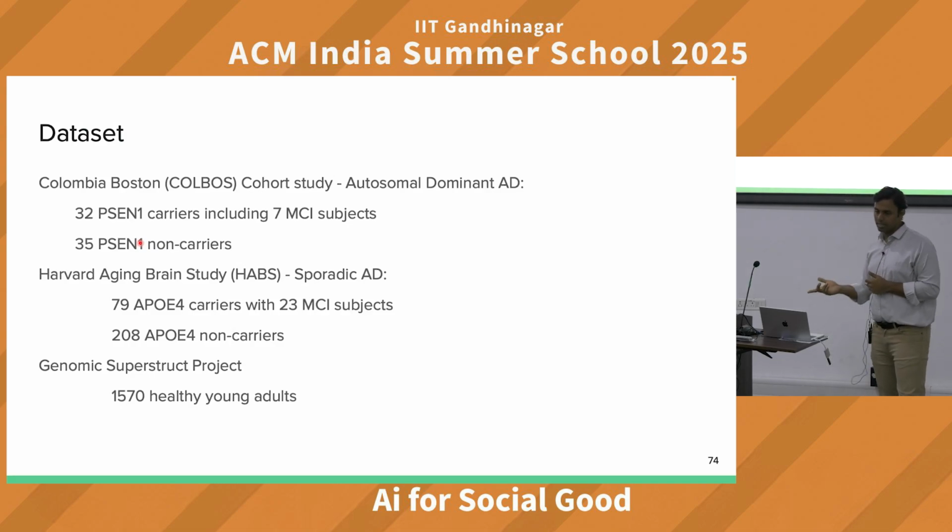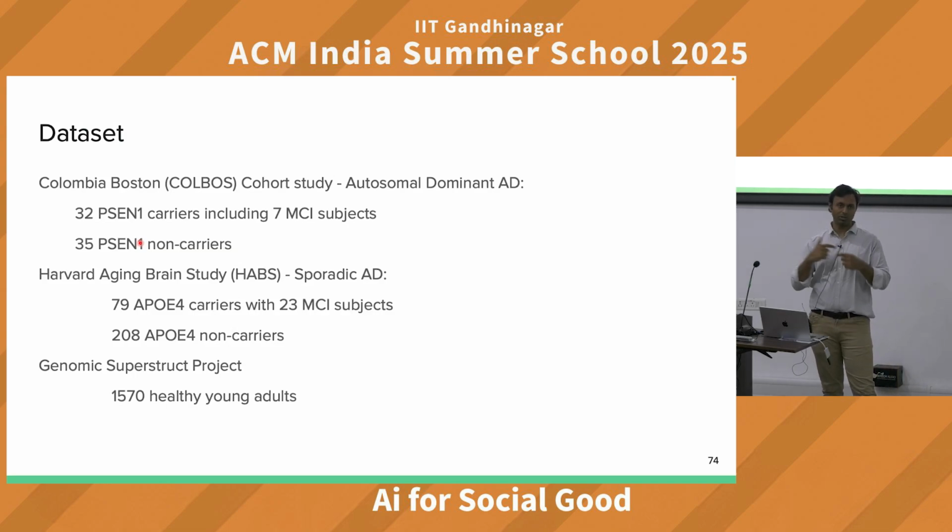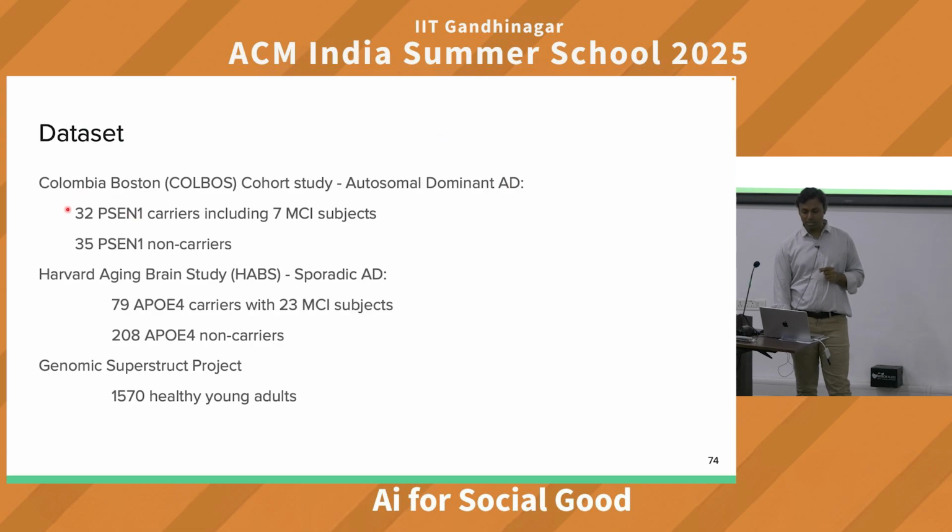So one of our very good colleagues, she led this project. She's from Colombia. She's in Boston, so that's why the Colombia Boston project. So to study what we call autosomal dominant. Autosomal मतलब जिनका genetic disposition है. So it's an early onset Alzheimer's. At the age of 44, they start showing first symptoms, but they have blood markers of Alzheimer's as early as 9, as early as 15. तब से समझ में आने लगता है अरे Alzheimer's का है, ठीक है? So we had 32 such patients and 35 controls, and we wanted to see if we can fit such a model.